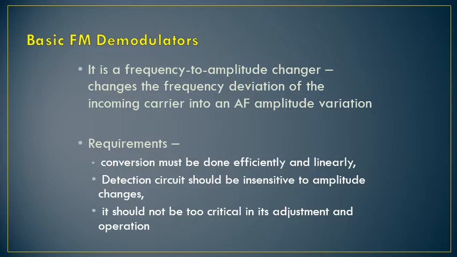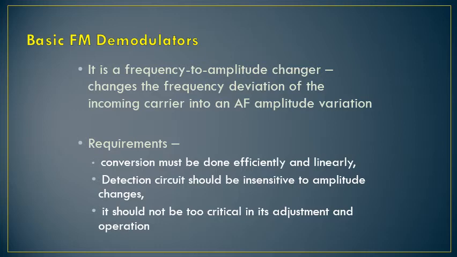Whenever we go with this, we have to remember a few requirement points. This conversion should be done efficiently and linearly. Okay, so the linearity has to be there. What do we mean by linearity? If at the input side, when I'm going for frequency modulation, my message signal is varying between, suppose, 2 volts to 10 volts, these changes in amplitude are converted into frequency in the case of FM. Now when you convert this FM signal to an amplitude modulated signal at the receiver side, you should again get back 2 volts and 10 volts, the same range.